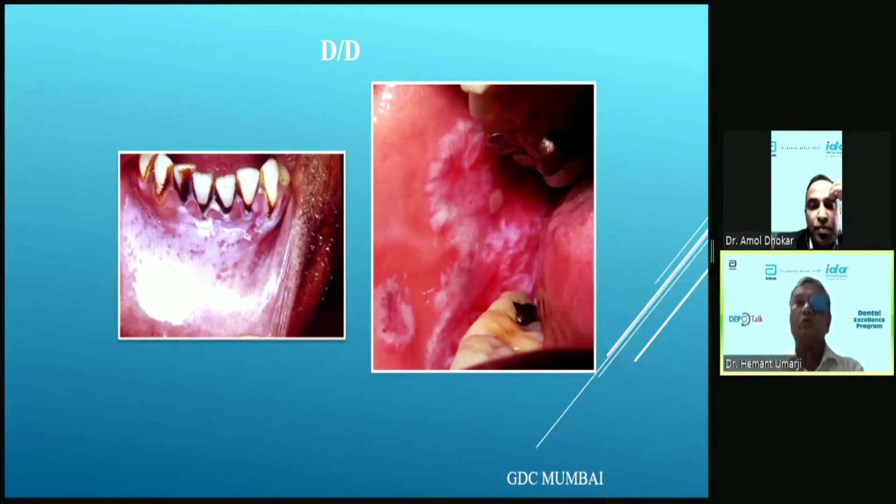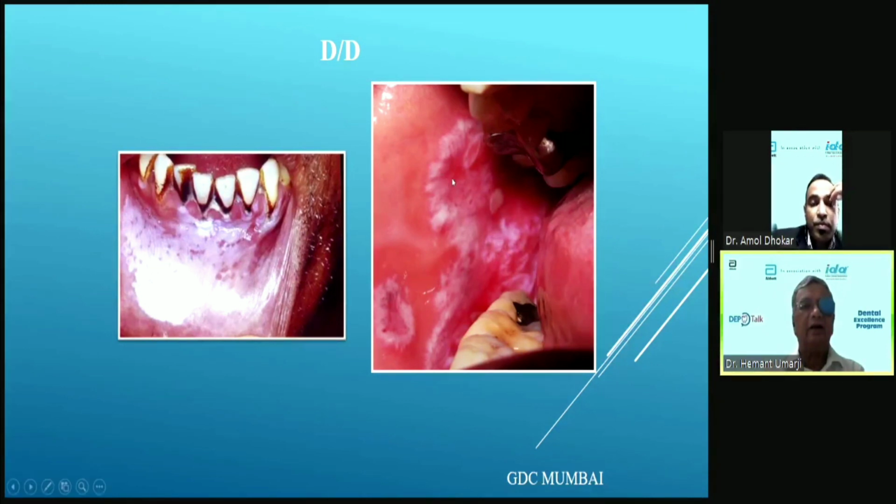Now, for those patients who keep a quid in one particular area of the oral cavity, you will notice 3 things. One is more stain in that area, more stains on the teeth. The second thing is gingival recession, which is more in that area than the other areas. And the white lesion. So white lesion, more stains and gingival recession, that is typical of keeping a tobacco quid. If you look at that leukoplakia, it is densely white, it does not have a red area, it is non-scrapable, and it is like a patch.